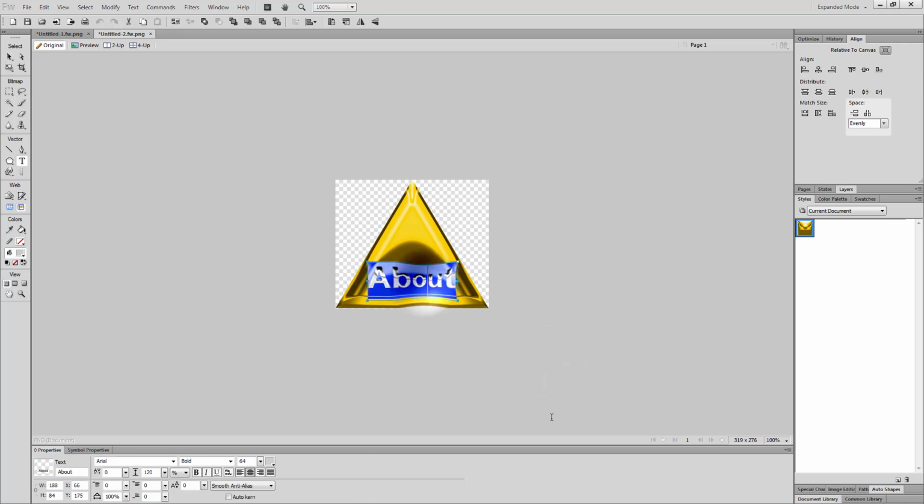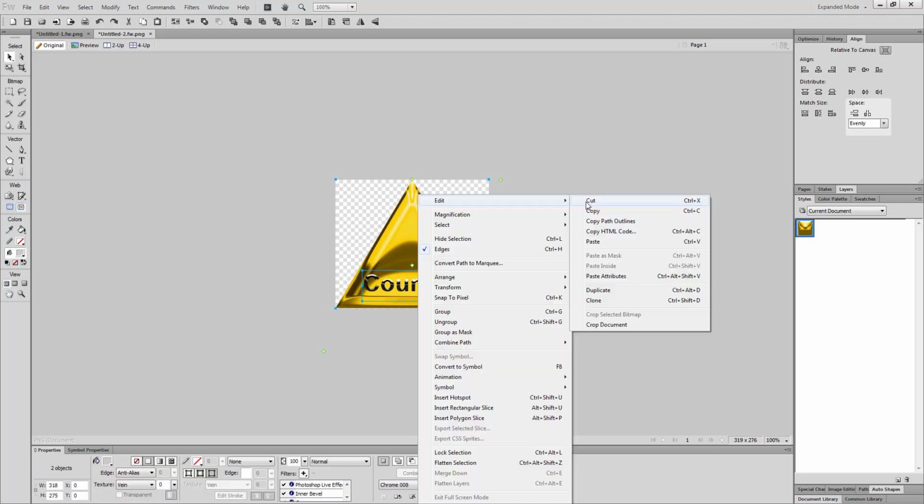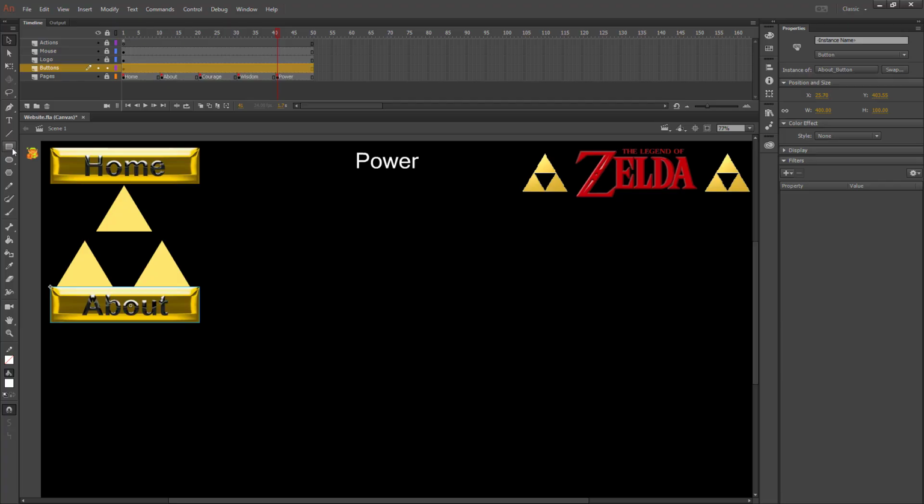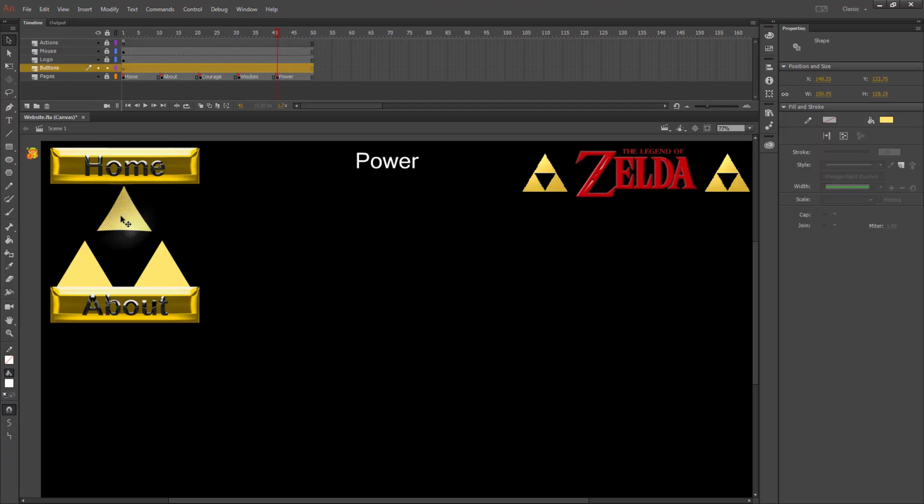I'm going to put in the text for the first of my 3 pages, which is Courage. Make sure you put something that fits your site, not the same word as me. If your text is too big, make sure you resize it here. I'm going to copy mine, switch back to Animate,